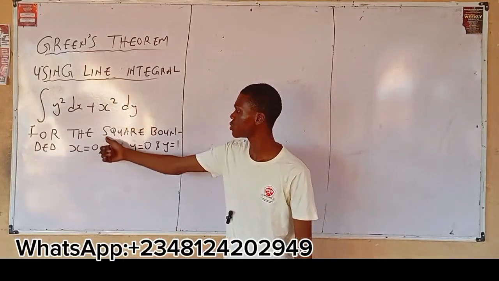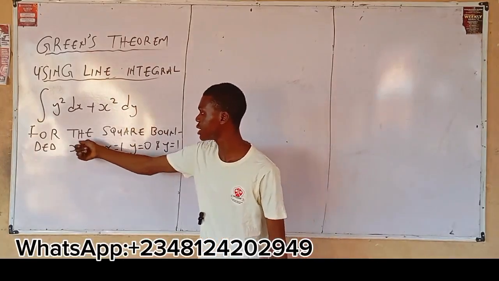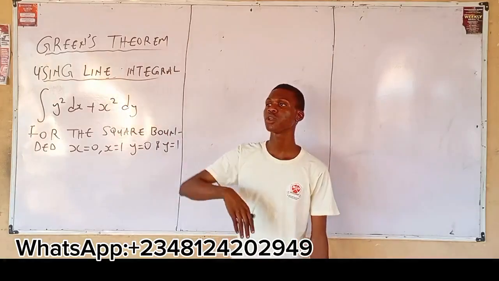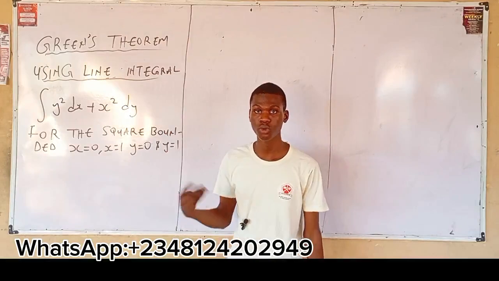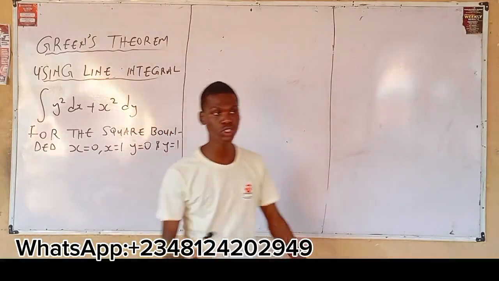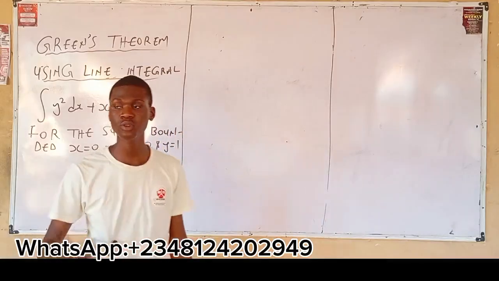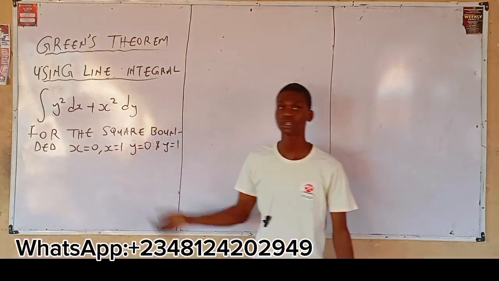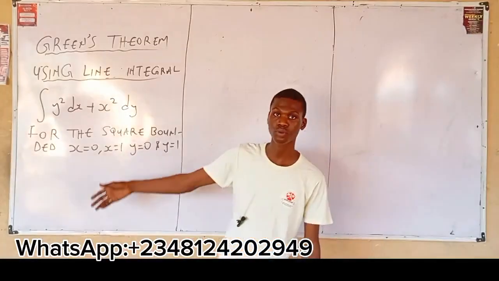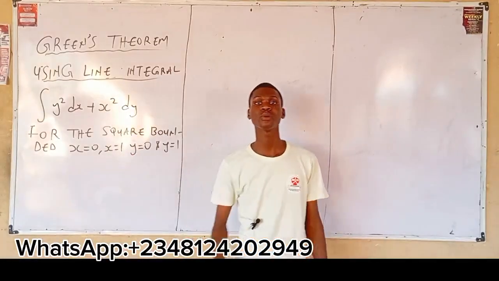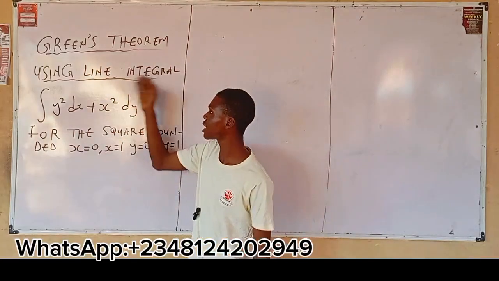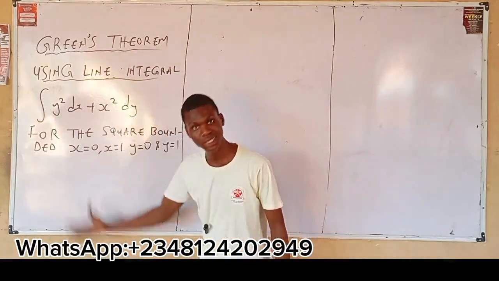Alright, now from this question, it is stated here that we have a square bounded, right? For the previous one that we've done for triangle, we've done for a curve. Now, for this square, I said earlier on that for any question you are given on Green's theorem, your task is the same. The way you implement a mathematical approach, meaning formula, you're also implementing a graphical approach. So this question now, say you are using line integral, it is a must,